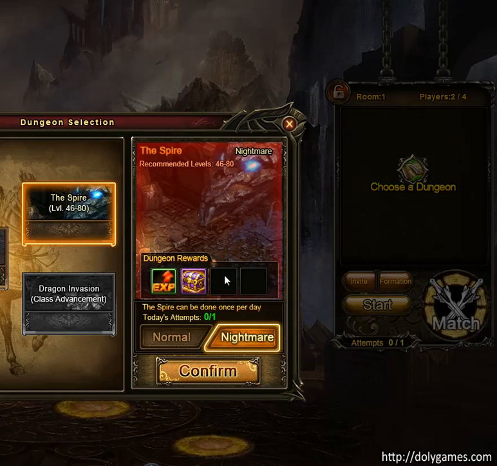So I hope you enjoyed that. I think that was pretty useful to see. I'd say the main conclusion is about 15 times more difficult than normal Spire. And as far as stats, I'd say that